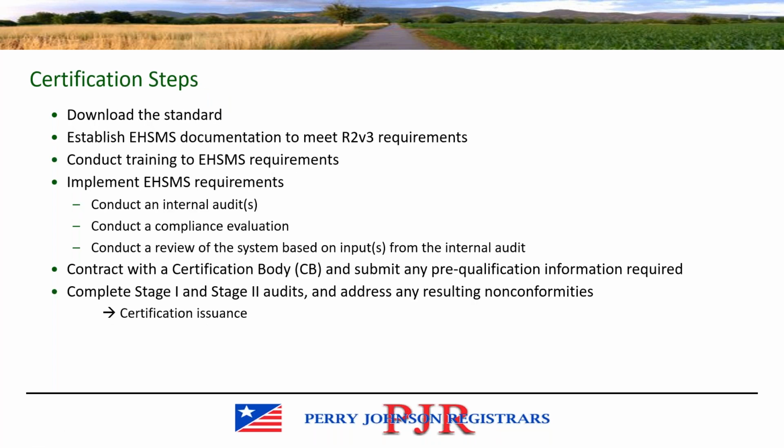I want to quickly take 2 minutes to overview the registration process for anyone who is pursuing certification for the first time before we check any questions there might be. So if you're pursuing certification for the first time, you're not transitioning from R2 2013, but you're looking to get certified to R2V3, one of the first things you need to do is download the standard and the rec from CRE's website. You'll need to establish your management system documentation to meet all applicable requirements of the standard, conduct training,